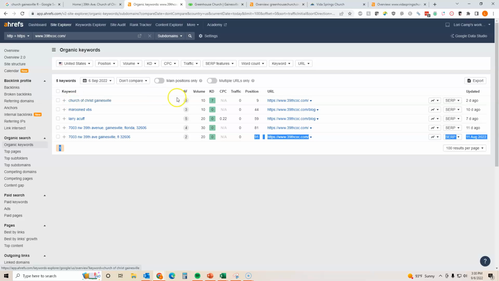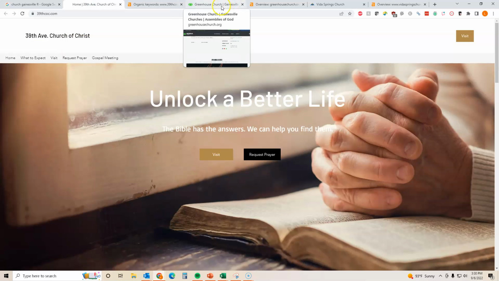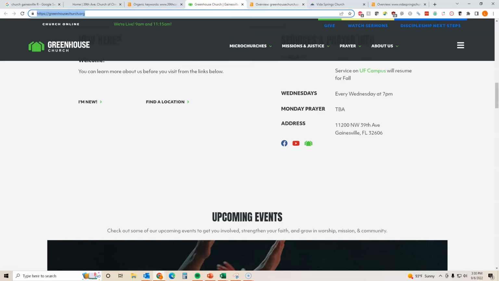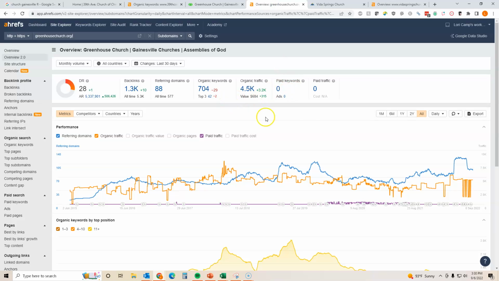But you can see that 10 people per month are searching for Church of Christ Gainesville. But because you're in position 9 for that, you're not really getting the traffic that you would want for that key term. Now, in contrast, let's take a look at Greenhouse. I can actually see that they're getting 4.5 thousand unique visitors to their website per month. Now, this is obviously all over the entire greenhousechurch.org.